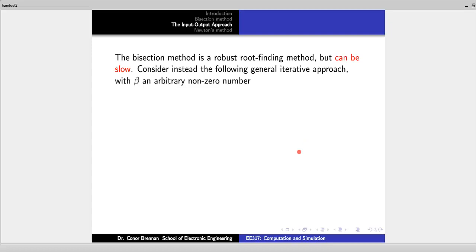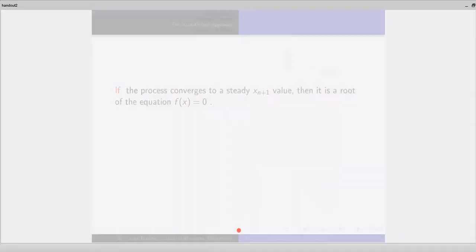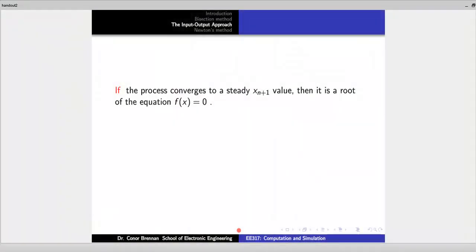So how is it smarter? Well, it's smarter because rather than just taking an interval and halving it every time, the Newton-Raphson method injects some intelligence into the situation by trying to find the root in a more structured way. Okay, so we did some analysis last week. We did this late on a Tuesday. We were all falling asleep. I won't do it all again, but I'll just give you the headlines of what we were trying